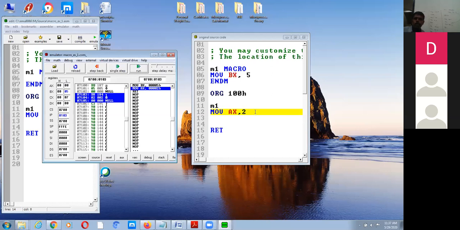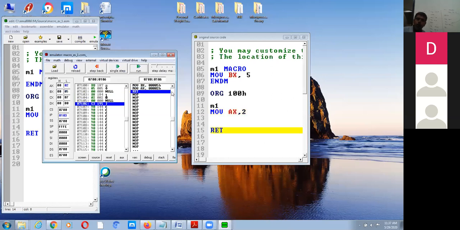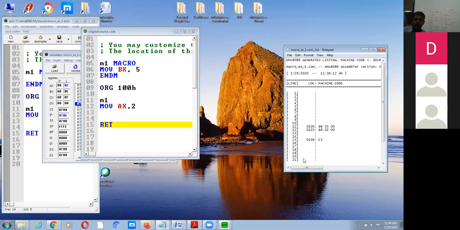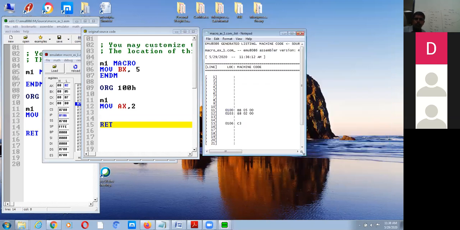Next, as usual, in this instruction, you know very well, AX will be loaded with 2. Now, the same code, we will see the listing. That is, when the assembling is done, how it looks. The same code, when it is converted into machine code, this is how it looks.